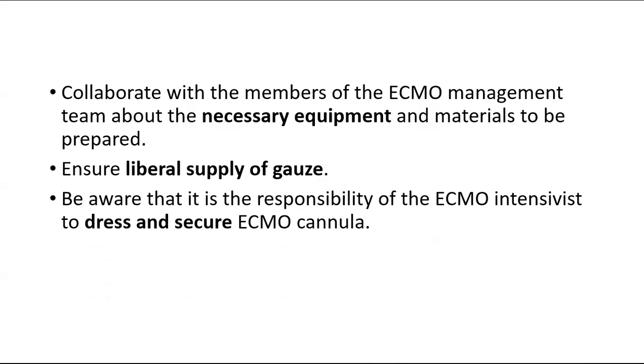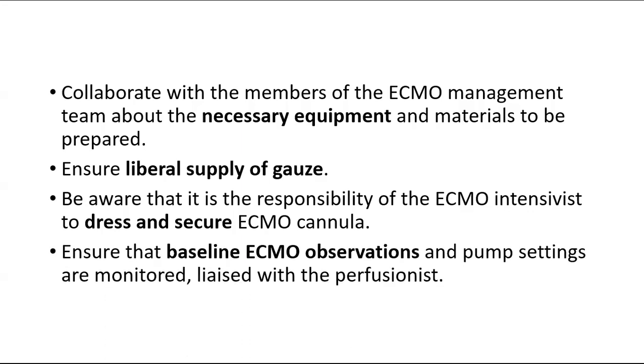You should always think that it's the responsibility of the intensivist or the unit head to make sure all these things are available. But the nurse, all the team members, should know the protocol starting from initiation to decannulation itself. Then only your complications will come down. It's not only the intensivist's or the ECMO director's responsibility to make sure all these things are happening in harmony. It's the responsibility of each and every person in the team to know what steps will happen and what complications happen at each step, and make sure the baseline observations are documented, because the trend of these observations gives us so many differentials in the long run of the